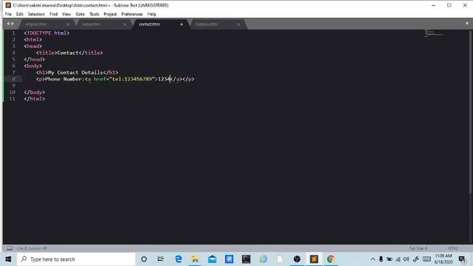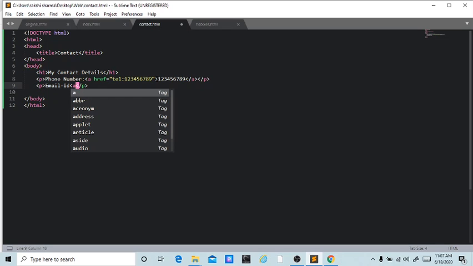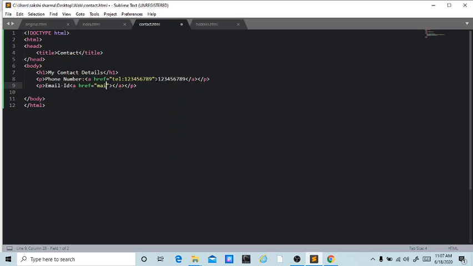So we have created this link by writing TEL colon and the number in the href. Now we'll be adding email address, anchor tag, and we'll use mail to colon and email address.